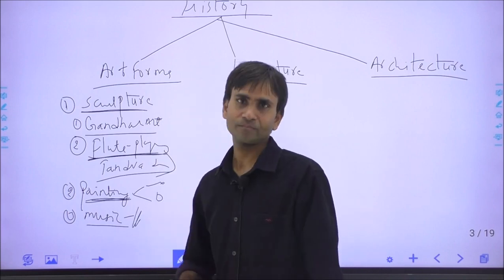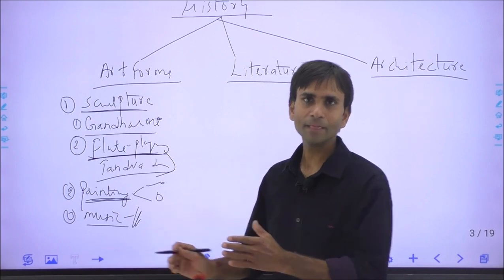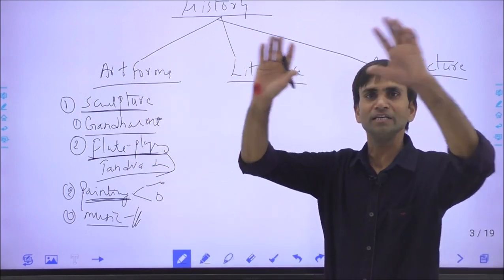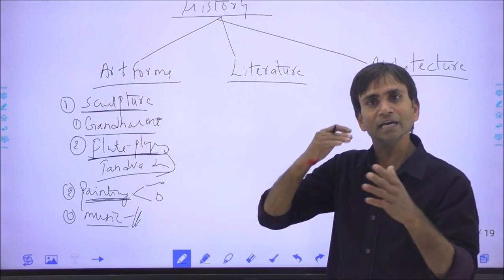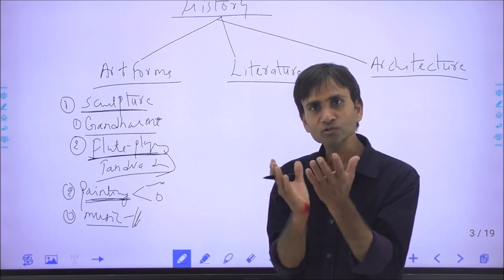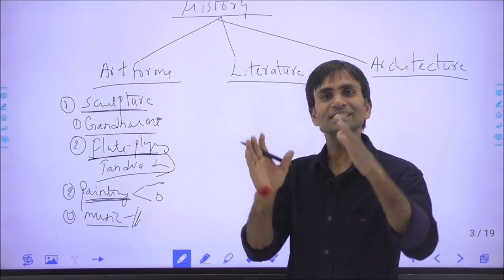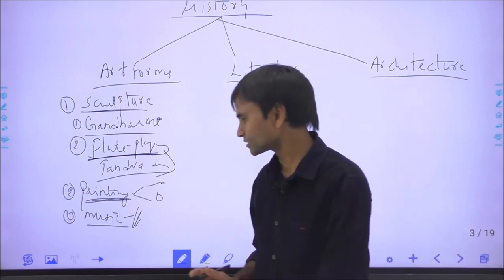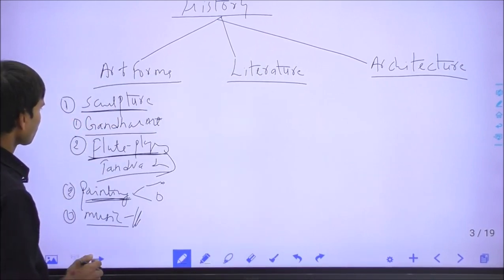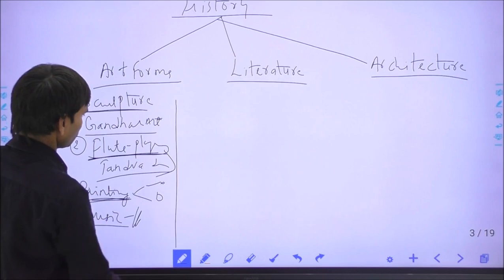And during the British phase, the music entered a new era and got new horizons. When Indian music came into contact with Western music, there was an infusion, and so the basic instincts, the original instincts, were lost. This is the music art form, and these are the three main art forms,